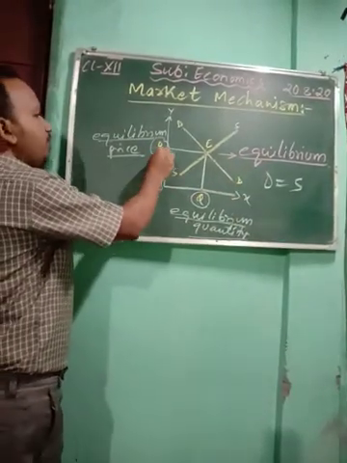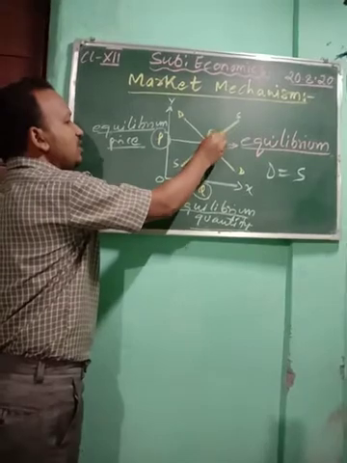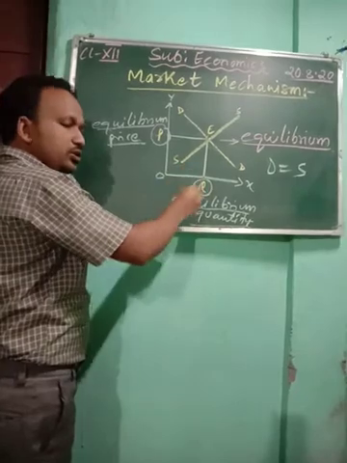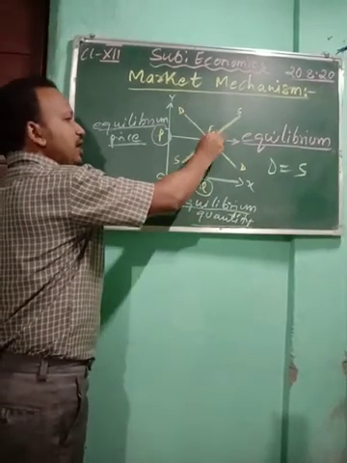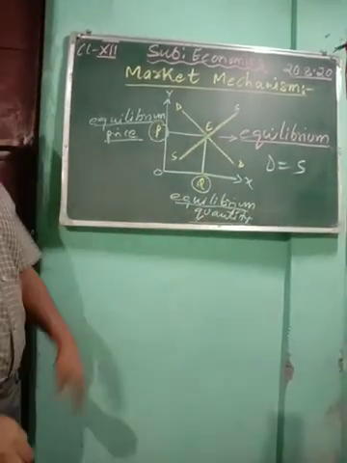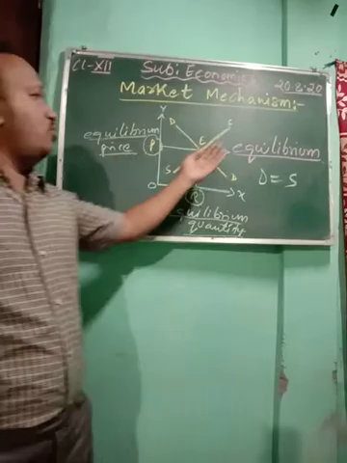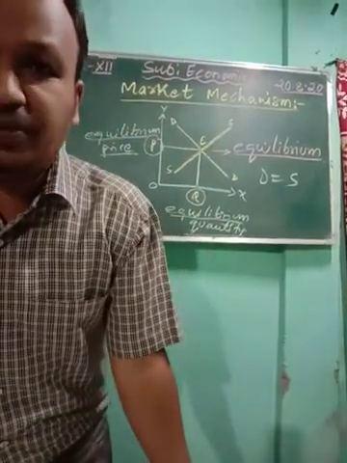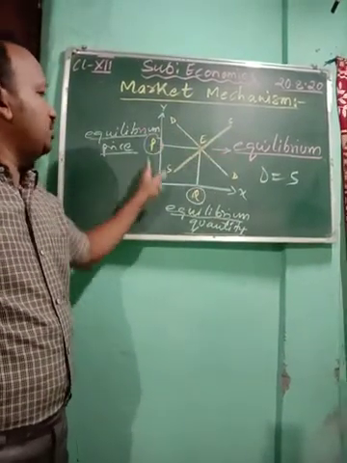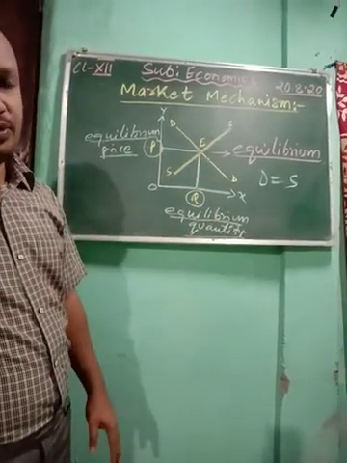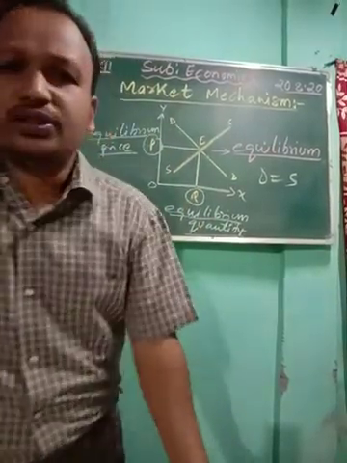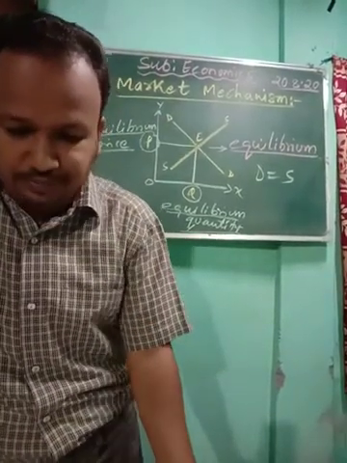And what is equilibrium price? The price at which the quantity demanded and the quantity supplied are equal is called equilibrium price. The quantity at which the demand and supply are equal is called equilibrium quantity. Very easy: equilibrium price, equilibrium quantity, and equilibrium, you have to keep in your mind. You can draw this in your economics copy and write this also so that you will not forget the figure, and it will be quite easy for all of you.